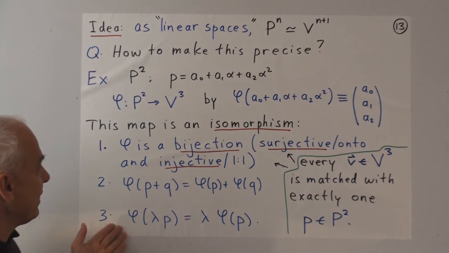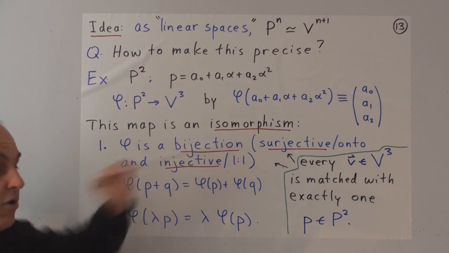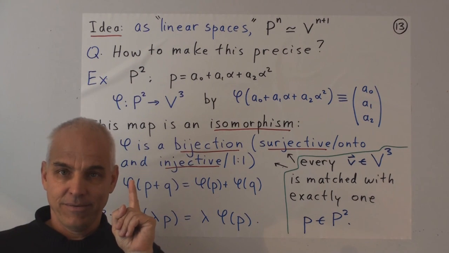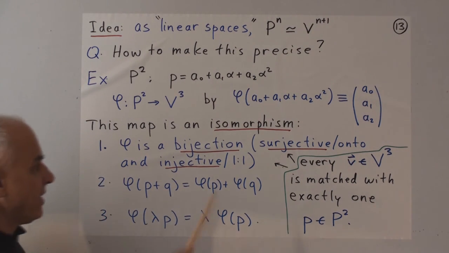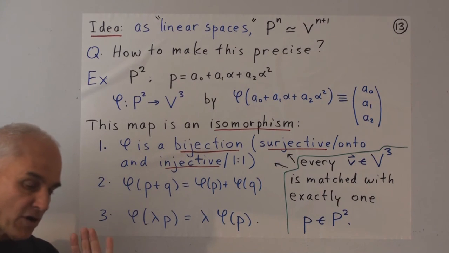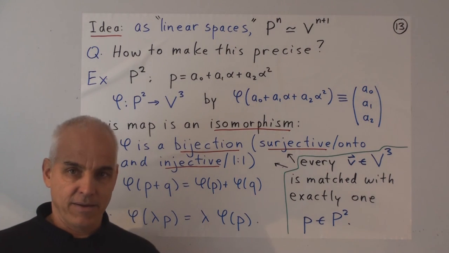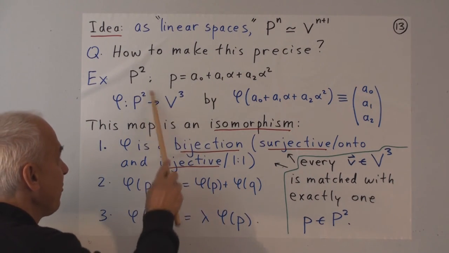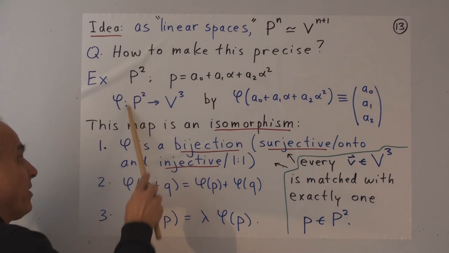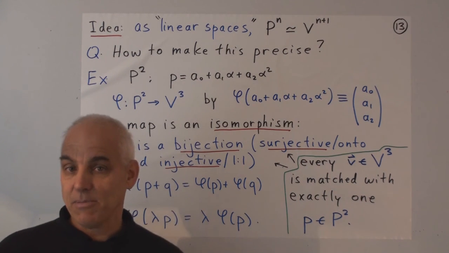So we have a linear transformation from this space to this space, which is also a bijection. It's a bijection, and that makes it an isomorphism. As far as we're concerned now in terms of linear spaces, these are pretty well the same thing. So everything that we know about this space, we can transfer to this space, and conversely, if we have a problem in this space, we can transfer it over here and work on it in maybe perhaps a more familiar